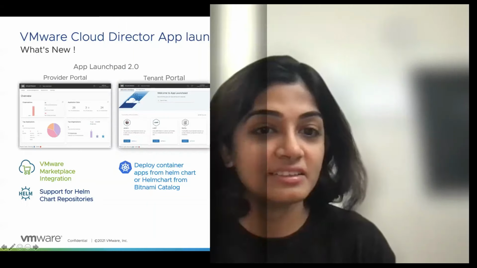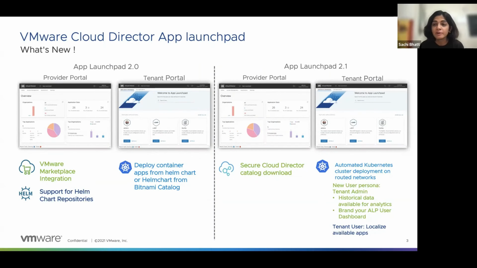Yeah, definitely. As you rightly mentioned, App Launchpad 2.1 is not a very feature-heavy release, but it definitely addresses a lot of feedback and introduces a lot of new functionalities to what we have today.